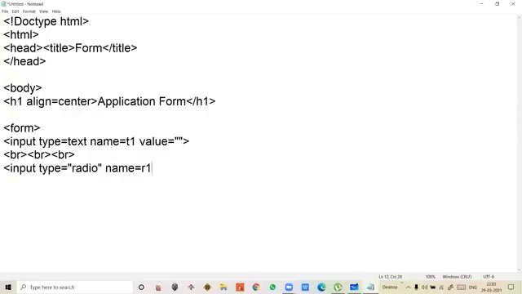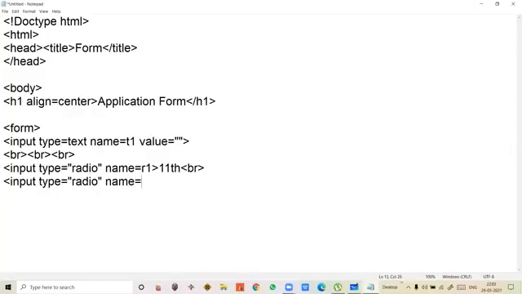So here, for example, I have used name as 11th standard. 11th. In break, one more break, and next line input then type radio. Then name, again you have to use the R1 only, students.